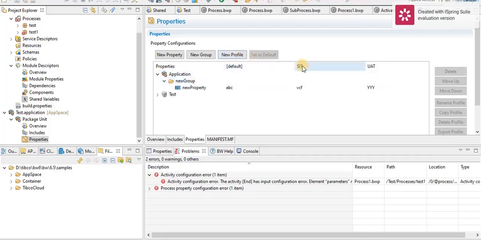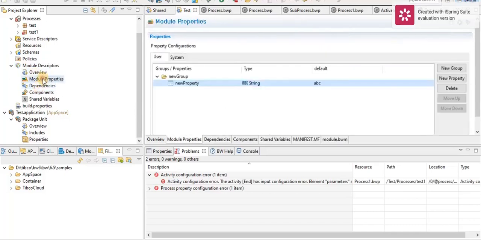If we deploy the application in SIT, then we can choose the profile as SIT. So all the values specified in SIT profile will be applicable. Coming to UAT environment, we can choose UAT profile. So all the values in UAT profile will be available in UAT environment for this application. This is the new concept in TIBCO BW6.